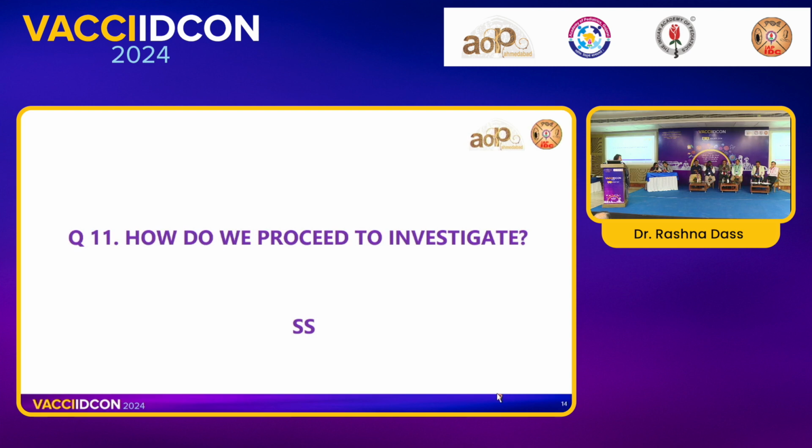So CSF analysis is of paramount importance. Even the routine investigation on the cell count, the cell typing, all these things can be sent, culture can be sent. And also very important nowadays is the PCR testing and the panel, the encephalitis panel is available. So we can send for the panel including HSV, dengue, even other organisms also included. Depending on that we can do the PCR test so that we can get the specific. Sometimes we can get multiple investigations positive. So most probably you have to compare with your clinical picture and you can take up the most common possibilities.